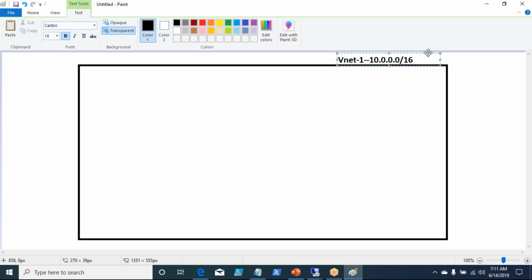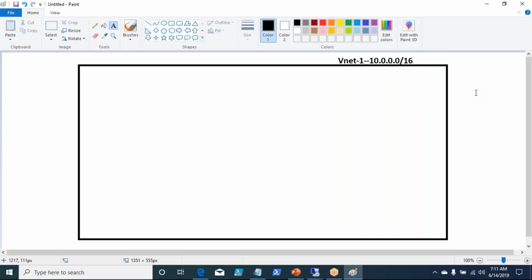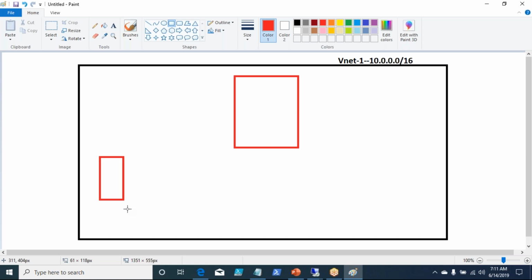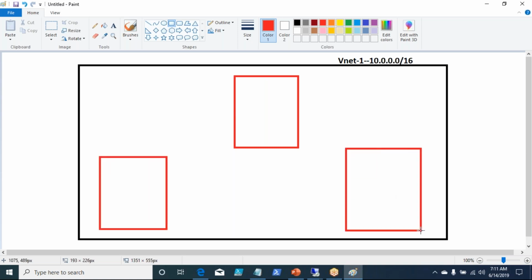This is your virtual network IP. And this virtual network will have multiple subnets. Let us say that you have subnet A, subnet B, and subnet C. Right? These are the three different subnets which you create.